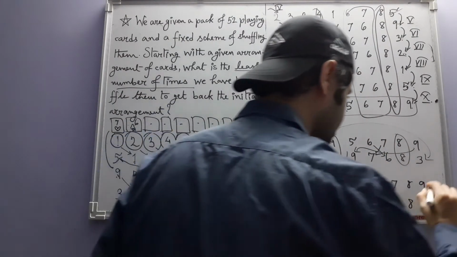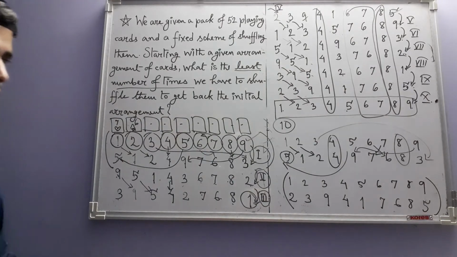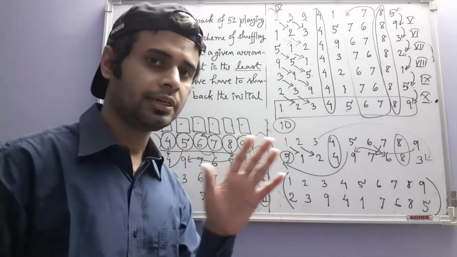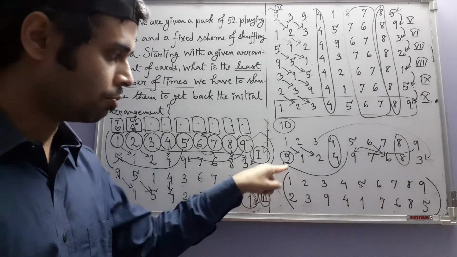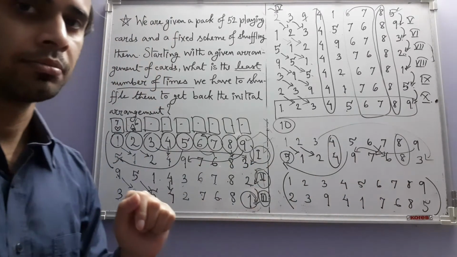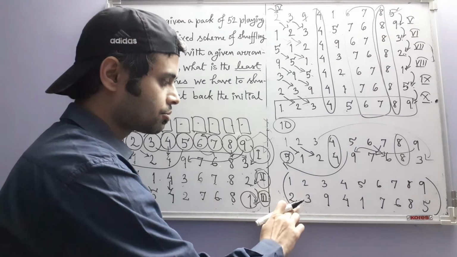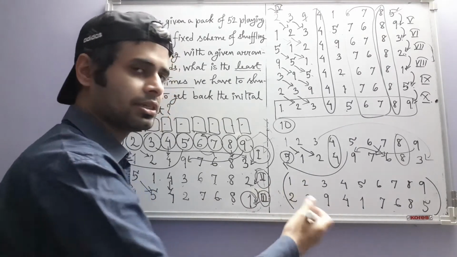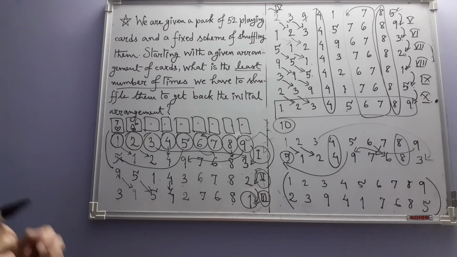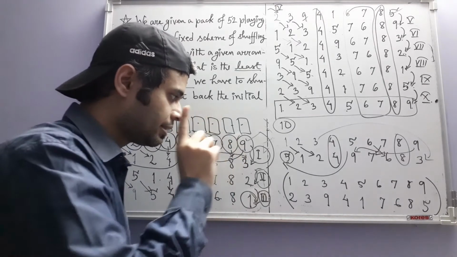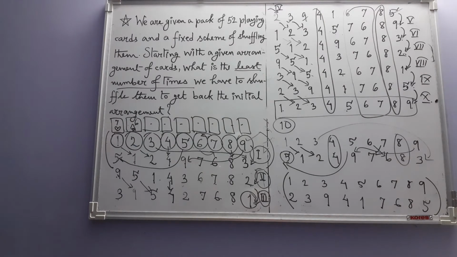If I denote my scheme like this, then I don't need any arrows anymore. Looking at this, I know which card is going where. The card 1 goes to the second place, card 2 goes to the third place, and so on. Now this looks more neat. Now one thing you also notice here,